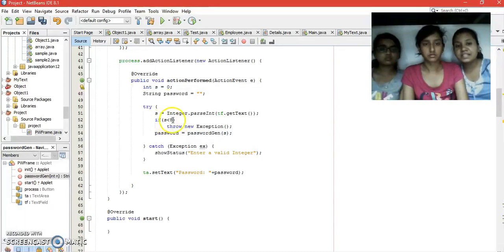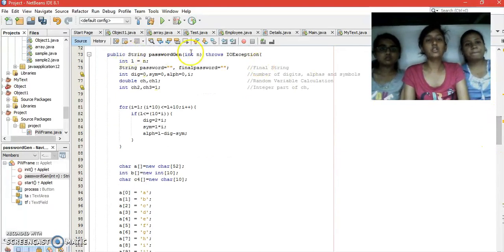But if it is less than 8, then it will throw an exception: enter a valid integer. Then password is equal to passwordGen with passing argument s. That is the function that we are going to use later. Then TA, that is the text area, will be set as password.